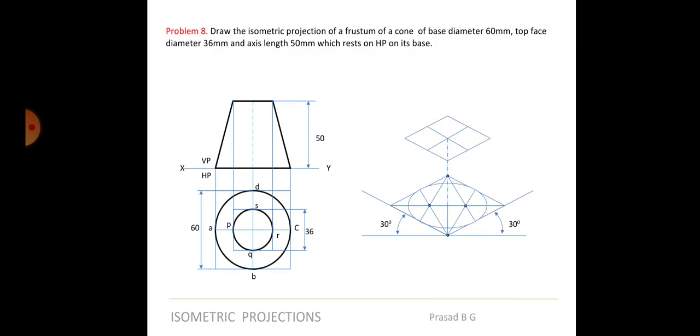So first, what you are locating there is the center, and from the center you are measuring the distances on either side, and with respect to those points you are completing the box on the top. I hope I have made it clear. If you want, I can explain it one more time.